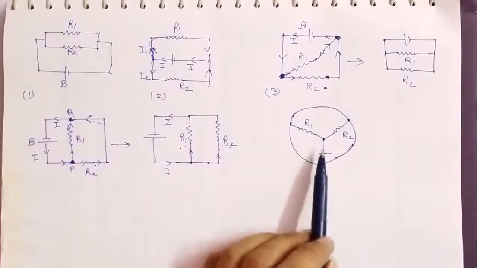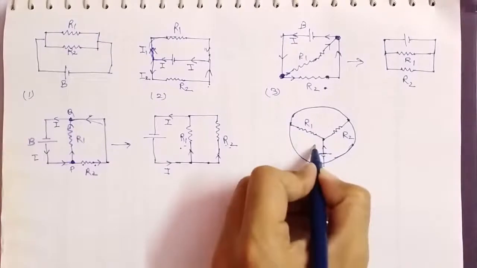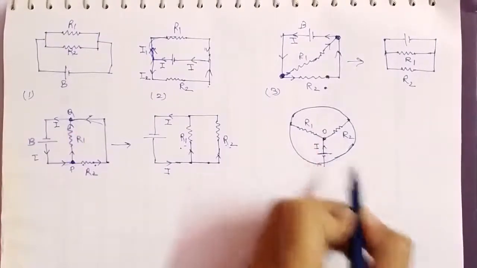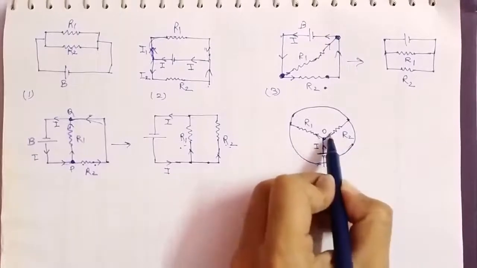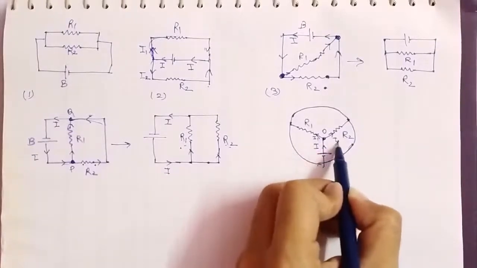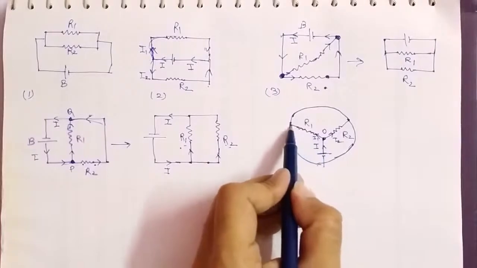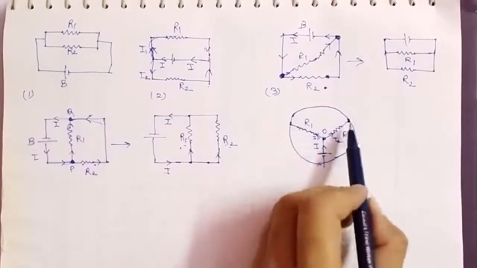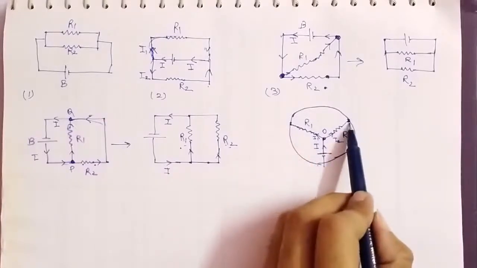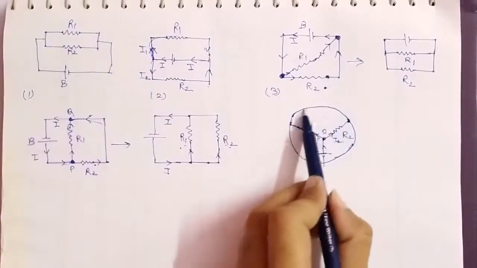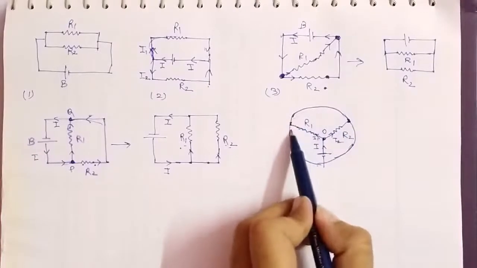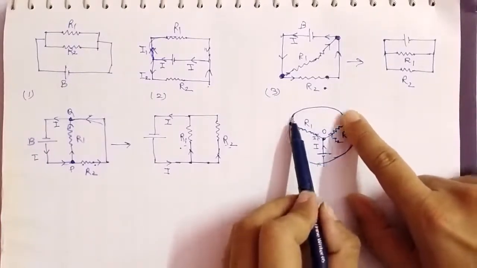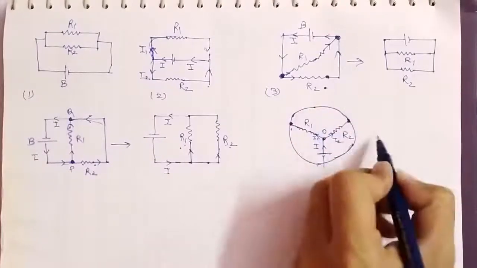So if the current is, first we will take a current and you will see whether we are getting a junction or not. So we are getting a junction, let's suppose its name is O. So your current is divided into I1 and I2. Okay, so when this current I1 goes here and our I2 goes here, then what happens? You can see between this R1 and R2 there is a wire, and there is no resistance along this wire. So what I told you, you can shorten this wire and directly connect it with each other. So see what I'm doing.